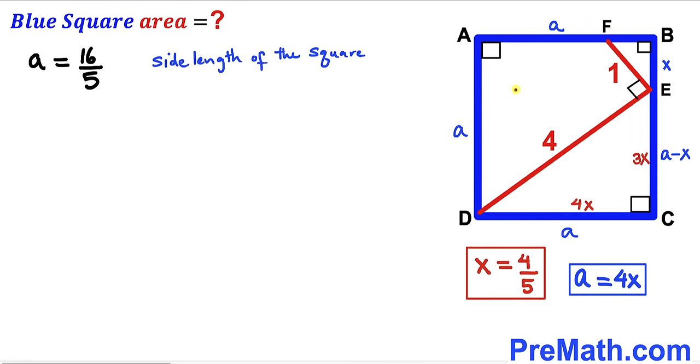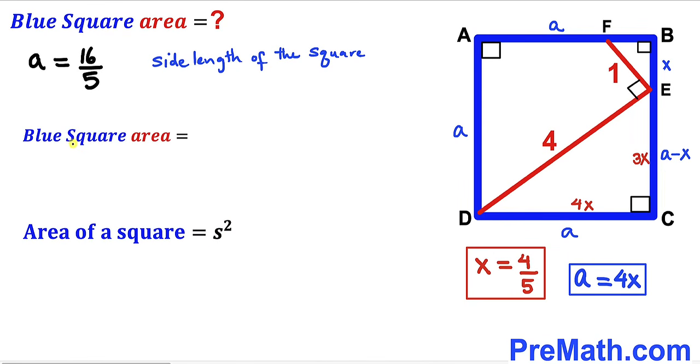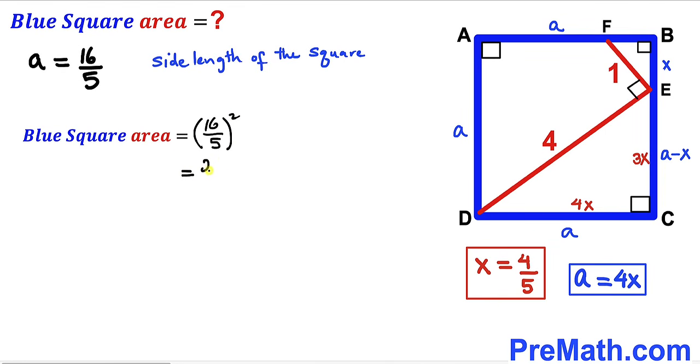Here's our final step. Now we are going to calculate the area of this blue square ABCD. Let's recall the area of a square formula. Area is always equal to s square, where s represents the side length of the square. So the blue square area is going to be, our side length is 16 divided by 5, so I'm going to square that, 16 divided by 5 whole square. If we simplify, that gives us 256 divided by 25 square